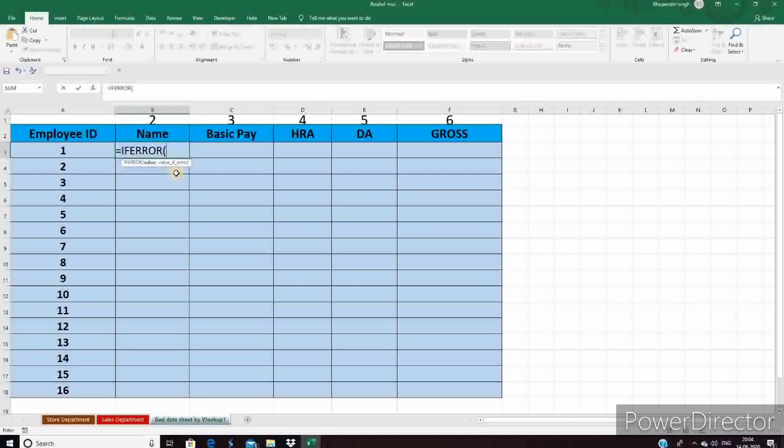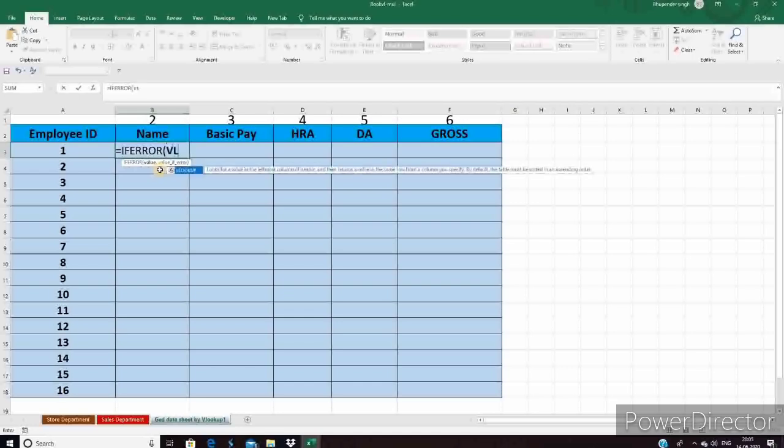So first parameter is value. That means if your formula works properly, whichever answer you get from your formula will show in value. And if your formula gets any error, that will show under value if error.